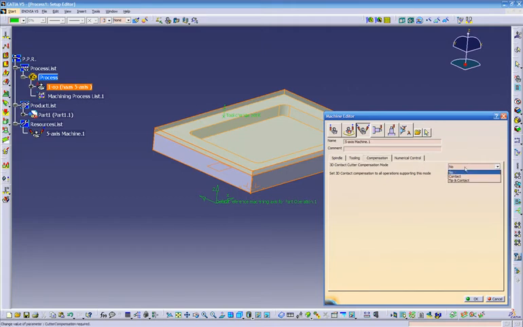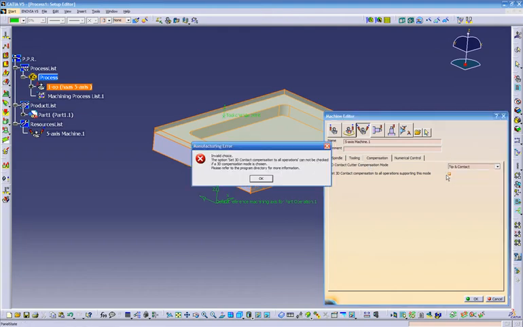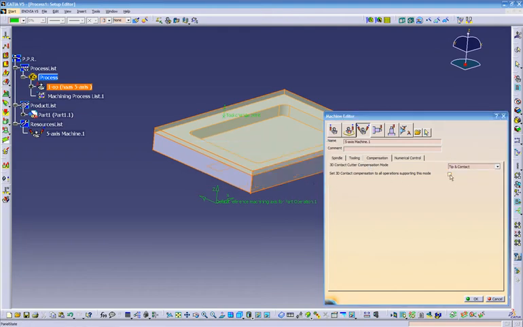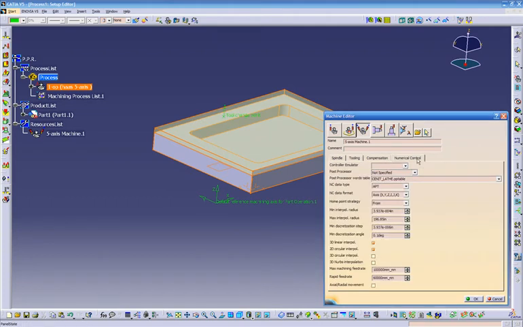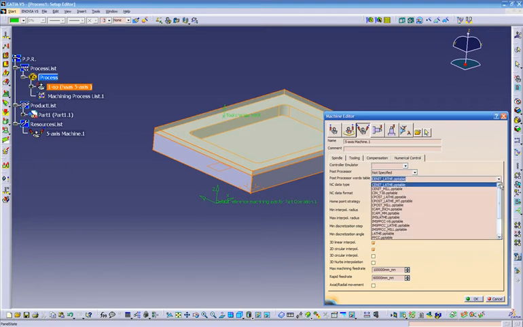Over here we use the cutter comp. If you use the cutter comp, you turn it on over here. It's going to ask you, you have to turn this off first. So this is the cutter comp in here, and numerical control, I usually use